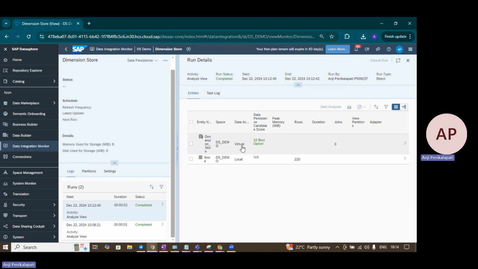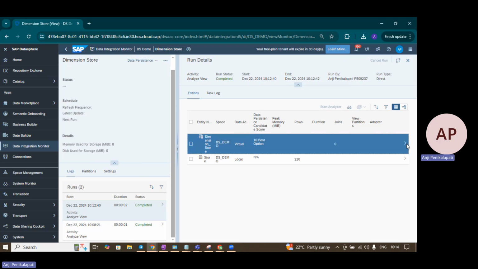This is a view, virtual. There is a data persistence candidate score. It has analyzed and given us some score, like 10 best point options. So let's see, joins are 0. We don't have any joins here. Let's go inside